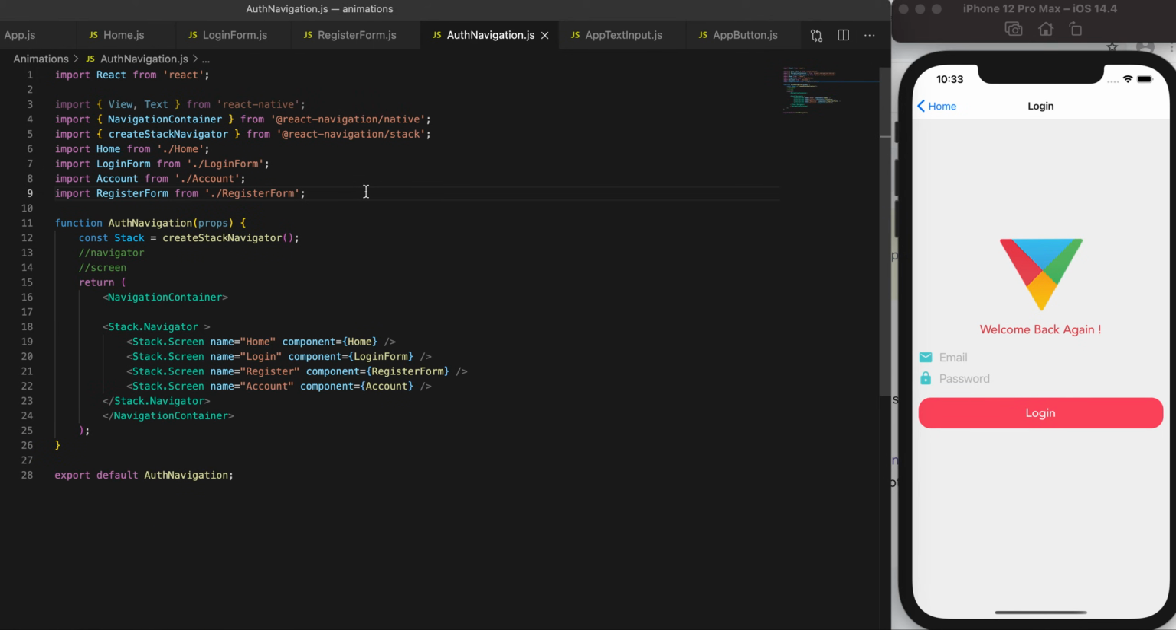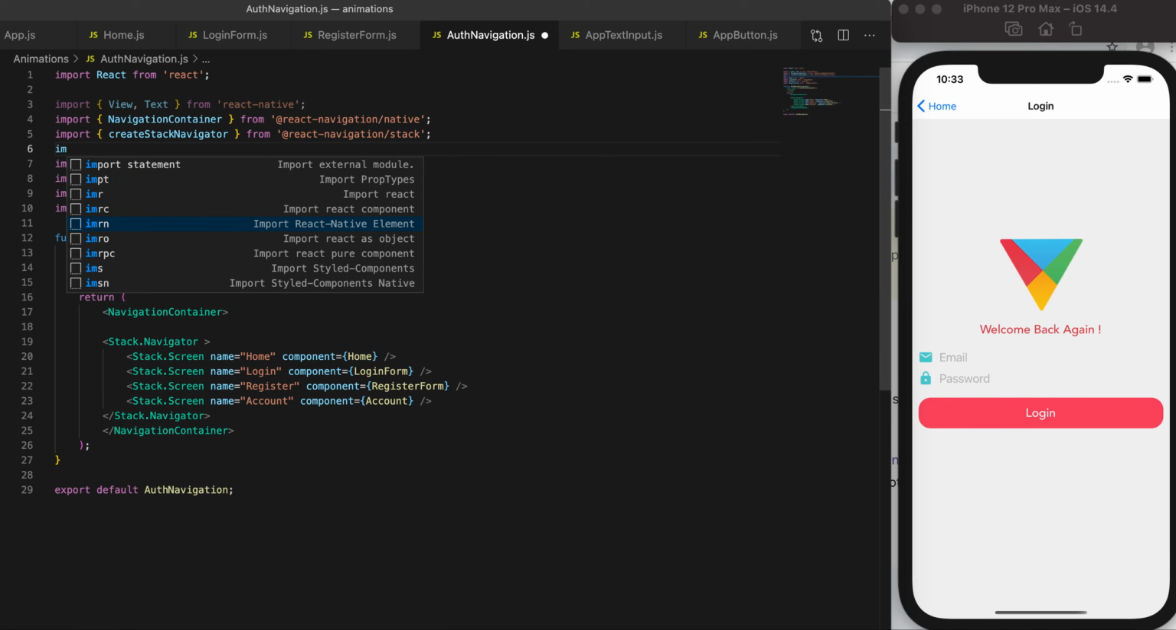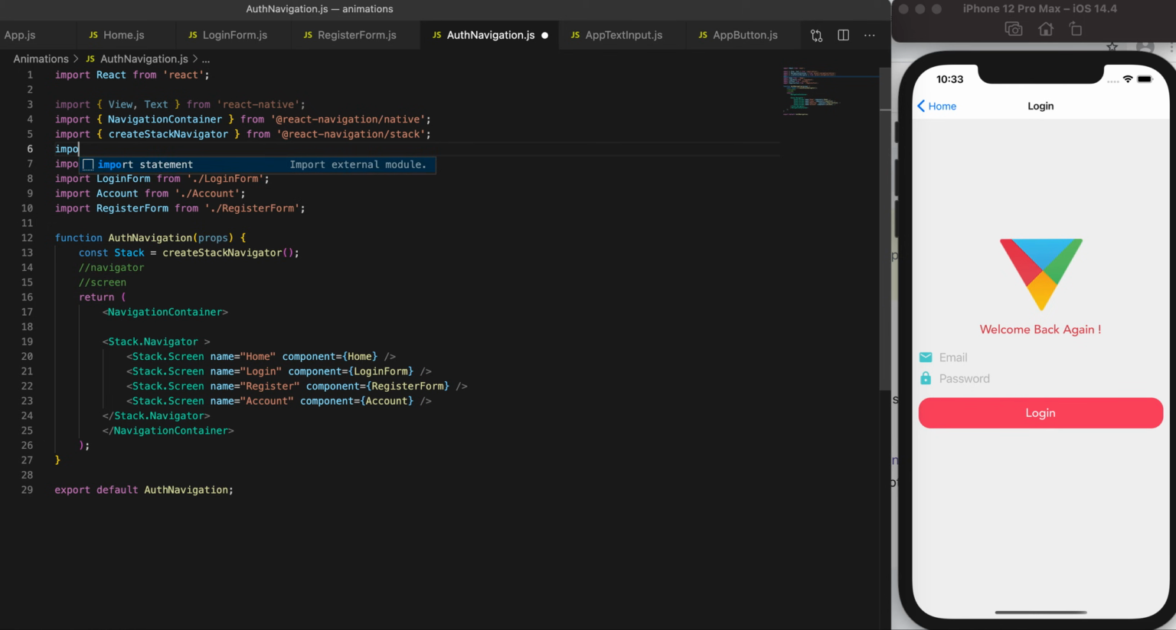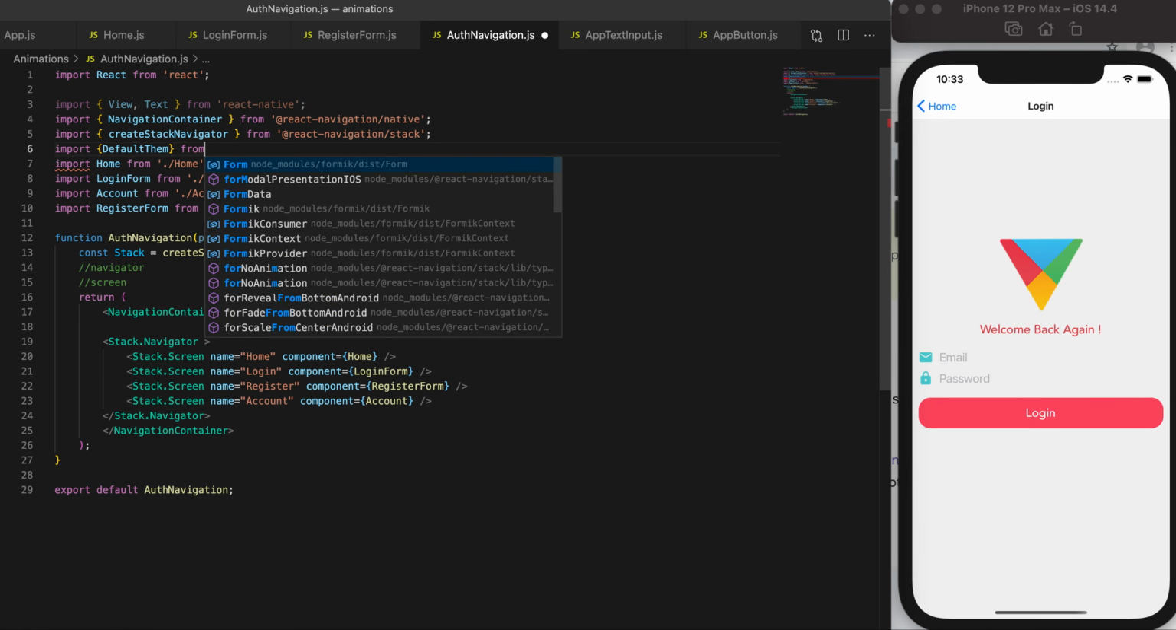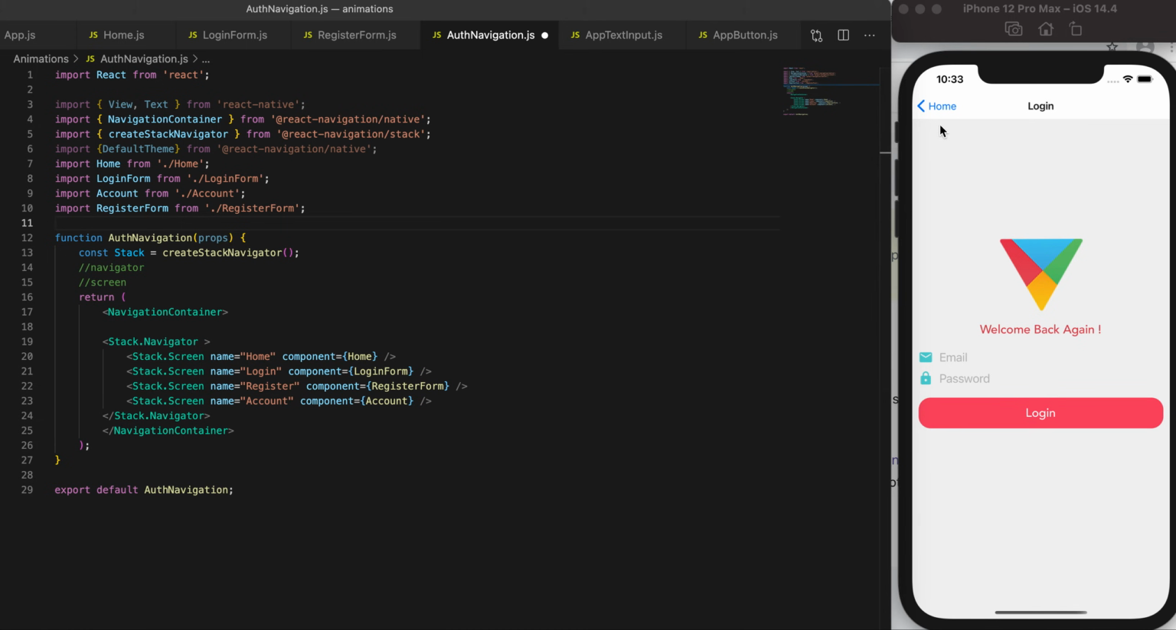We can do it here. So first we need to import a file or an object. The import is called DefaultTheme, and it comes from @react-navigation/native, I guess. Let me see, native. I guess it should be native though. Yeah, so this one. Okay, so there is an object called DefaultTheme, and using this object we can change the theme of our navigation, or the screen theme actually, or